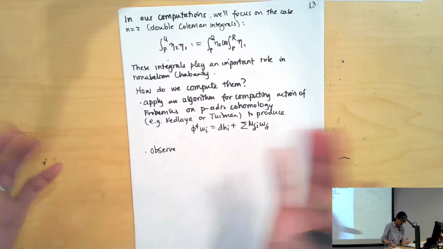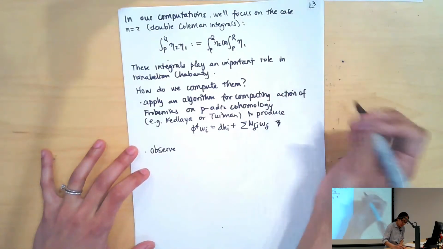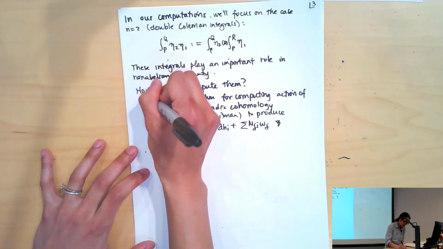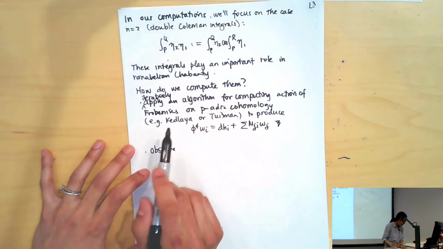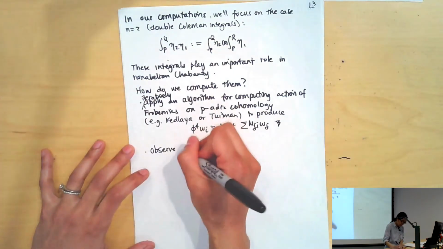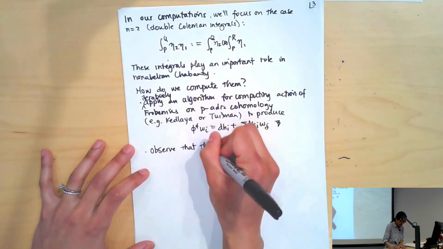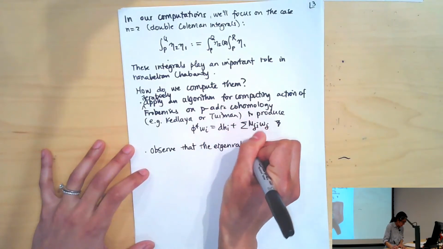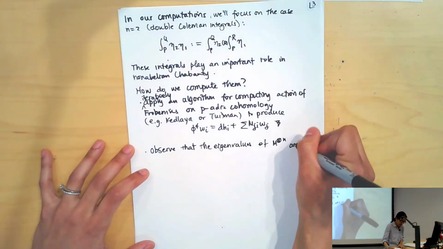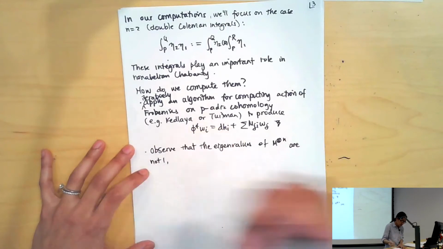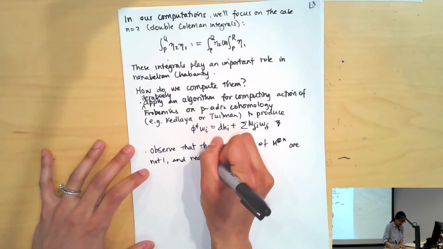So, we want to apply an algorithm for computing the action of Frobenius on cohomology to produce this, maybe I'll say iteratively. Basically, for every differential, you want to apply this action of Frobenius and then reduce in a certain way. One thing that helps you reduce is to observe that the eigenvalues of the matrix of Frobenius tensored with itself n times are not 1. So in a similar way, you can invert the necessary matrix and reduce the computation